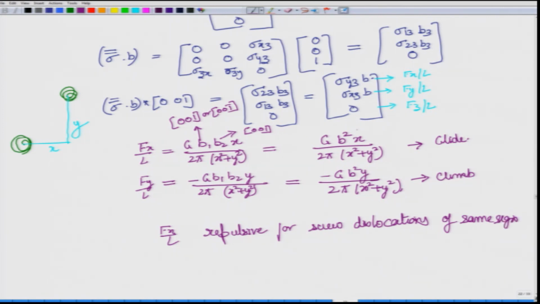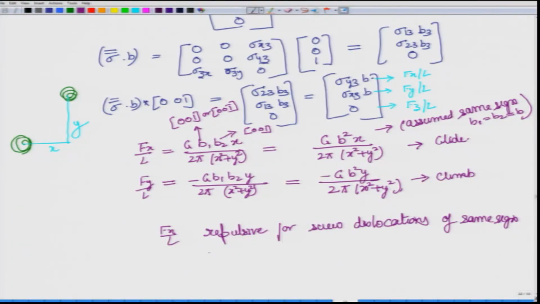So, here I have not mentioned, but we assumed same sign. What does it mean? Same sign meaning b1 equal to b2 equal to b. And if one of them were of opposite sign, then it will become minus b square. So, f x is now minus, meaning it is trying to move closer to each other. So, f x by L will become attractive